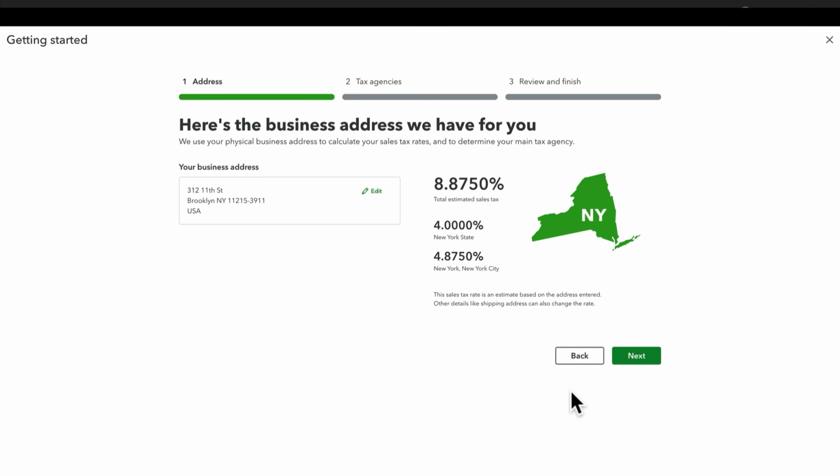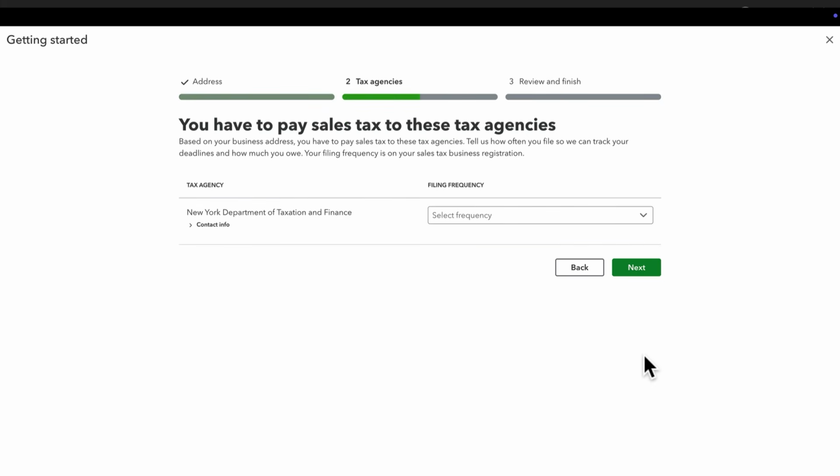Enter your business's address. This address sets up your sales tax rates. If this is already in your company settings, just confirm that it's correct and select Next. There are different rules in different states for when to collect and remit sales tax, and on this step, what